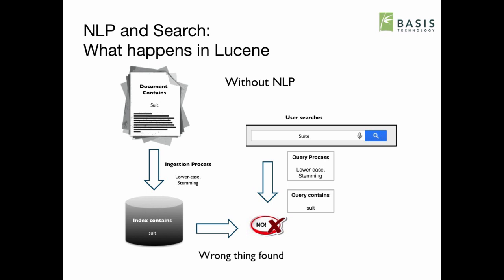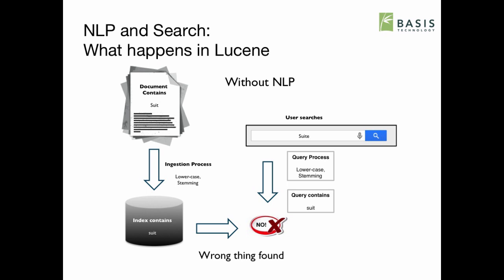Now, here's another example from a slide I showed you before. In this case, the document contained the English word suit. That goes into our index in a very simple way as itself. And then the user searches for suite, looking for hotel rooms, I suppose. Now, the stemming process converts suite to suit because the stemming process is just a simple pattern match that in this particular case will strip final e's off. And now all of a sudden, we've got a hit that we didn't want to have. We went looking for suite and we found suit when we should have found nothing, or at least actual documents